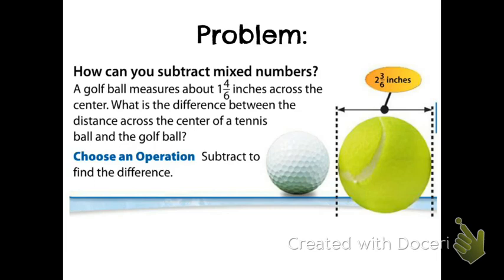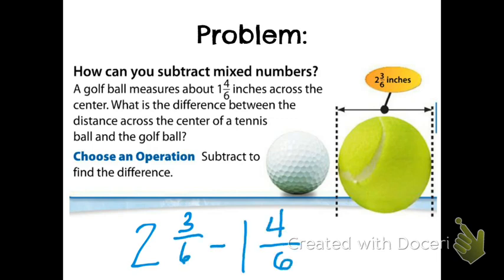A golf ball measures about 1 4/6 inches across the center. What is the difference between the distance across the center of a tennis ball and the golf ball? Choosing the operation. So we have to subtract to find our difference here. Well, I know with subtraction, I always start with my larger number, so I'd have 2 3/6 minus whatever the smaller number is. When we subtract mixed numbers, there's something we always have to pay attention to, and that's the